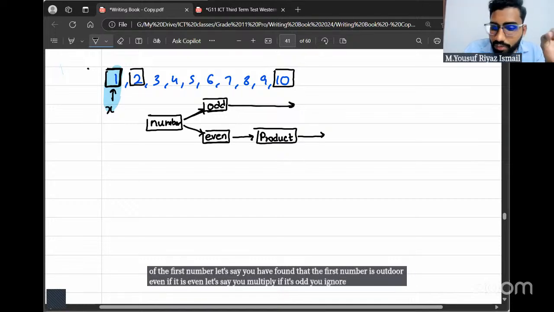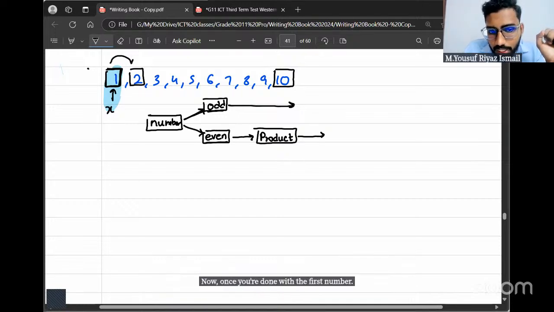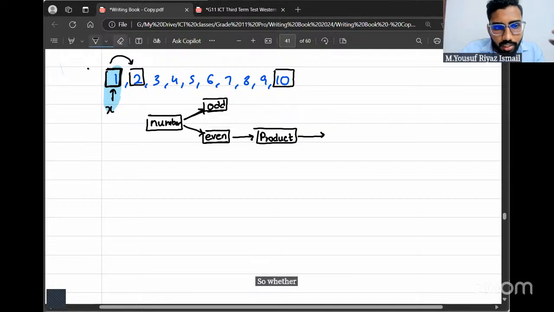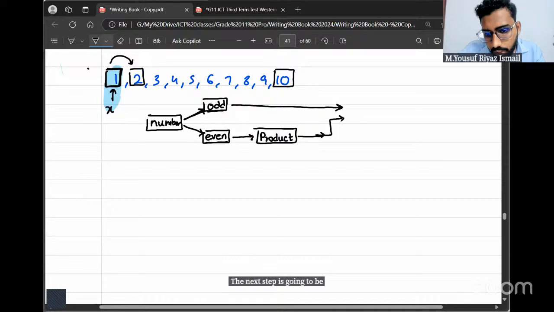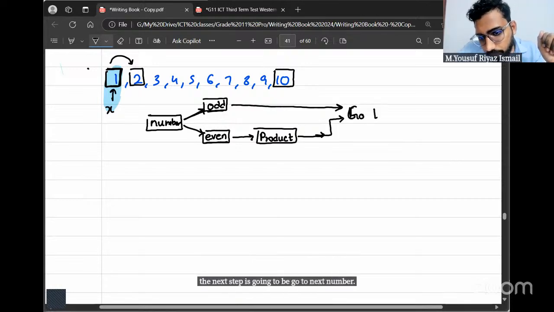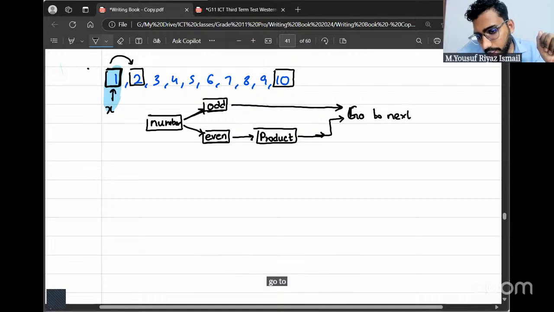Then you have to go for the next number. Whether it's odd or even, the next step is to go to the next number.